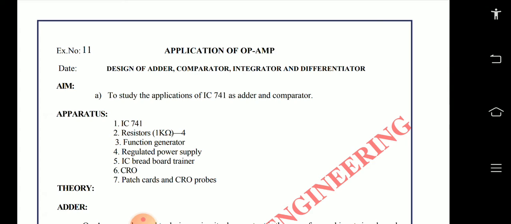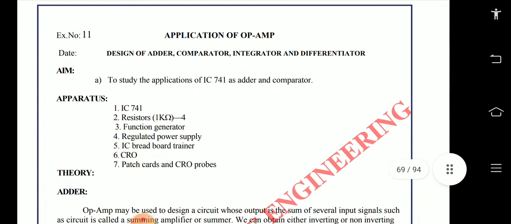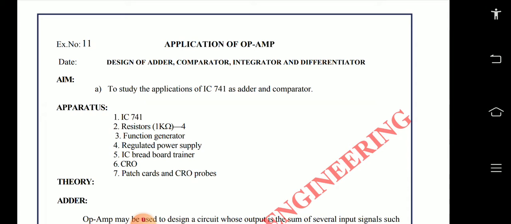So a number of inputs will be given with the help of the regulator power supply to our circuit, and the main component of the circuit is the breadboard, where we are connecting all the components with the help of our connecting wires or probes. When you are connecting the components on the breadboard, we need to view our output. So for that we require a CRO, and we can make the connection with our breadboard. In order to view our output, we require the patch cords. Without the patch cord, we can't connect the CRO with our breadboard.